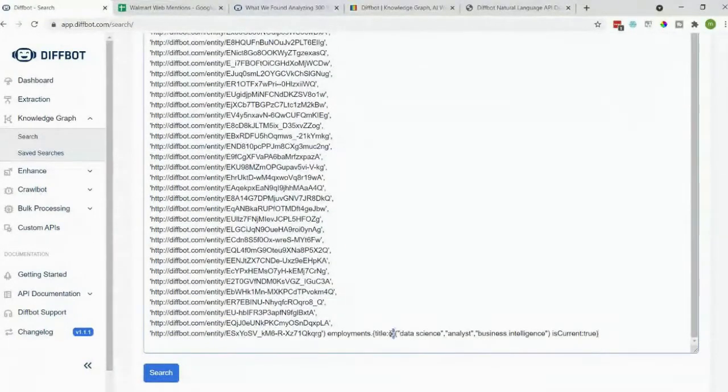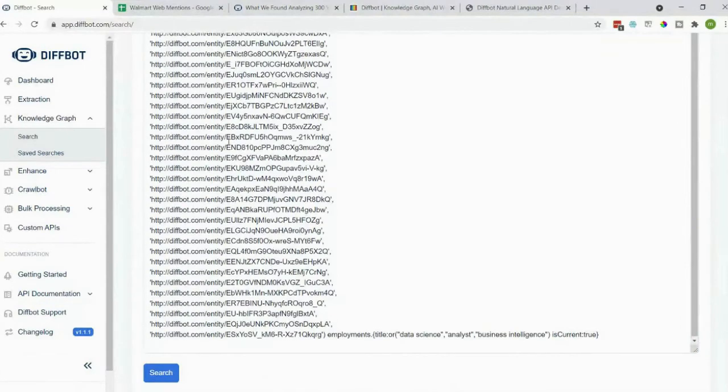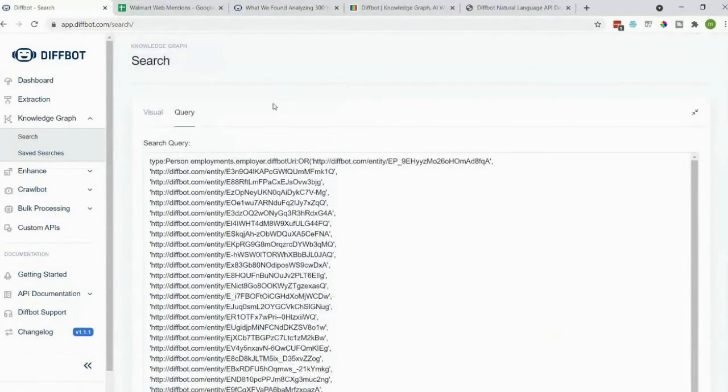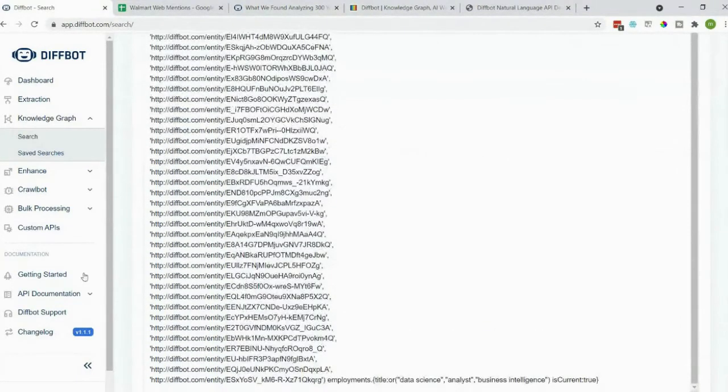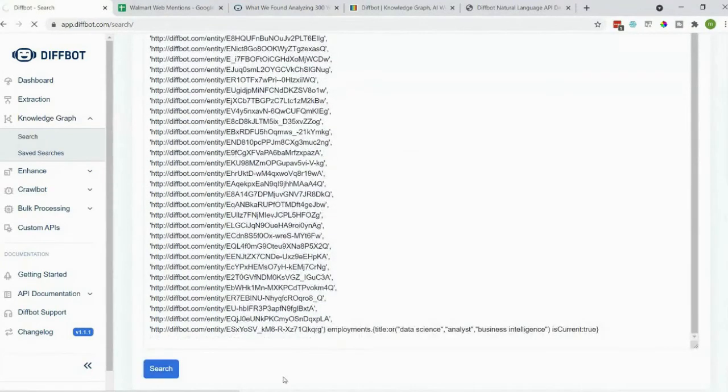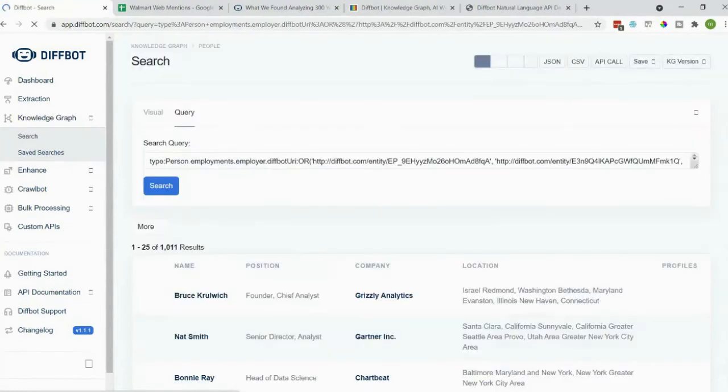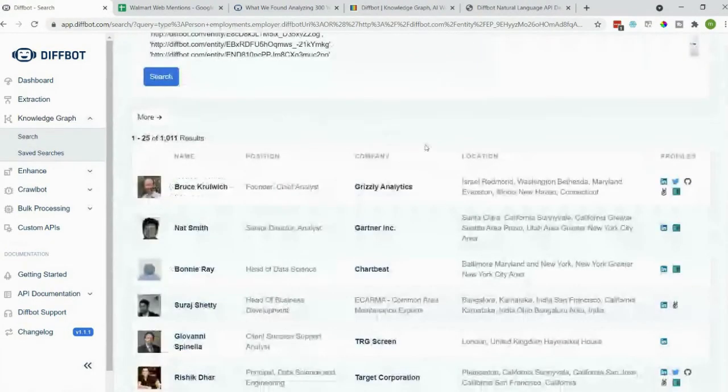where I'm saying I want these individuals to have a title that includes data science or analyst or business intelligence, and I want them to currently hold that position. And we can click search. So you can see this returns a pretty solid ABM list. This is 1,000 individuals who work in fintech in New York City who have job titles with data science or